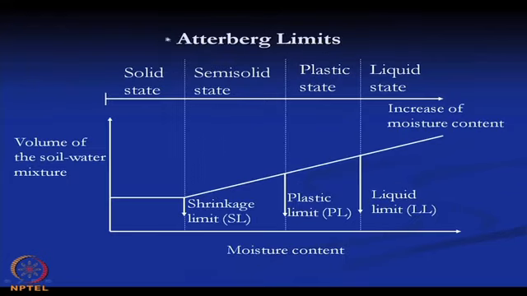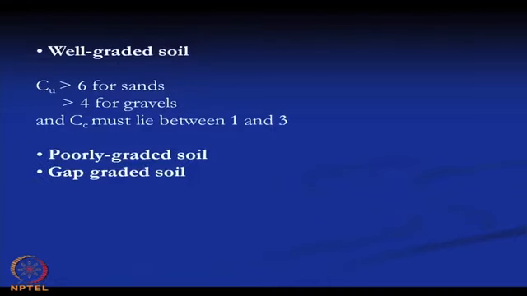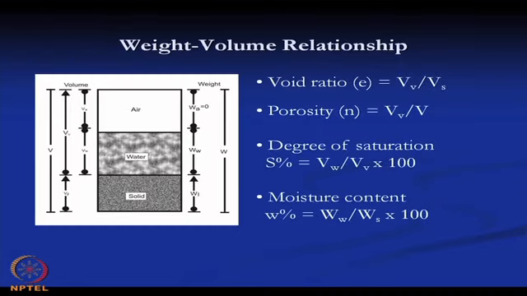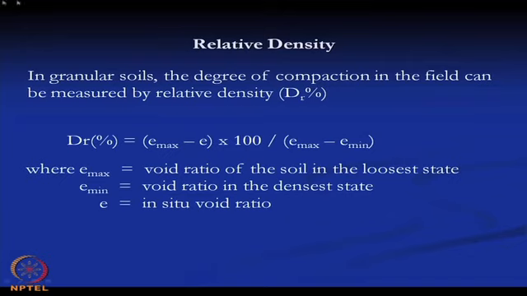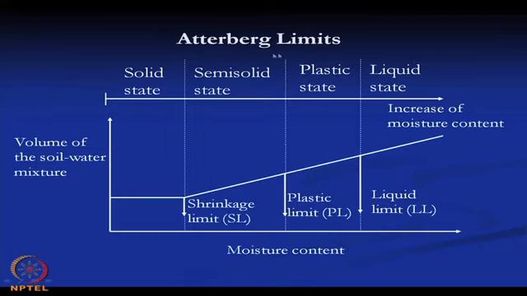Now, next important properties are the Atterberg limits. So, first we define what the Atterberg limits are. The previous properties that we have discussed, that is the well graded soil, poorly graded soil, gap graded soil, are basically properties for the coarse grained soil, mainly sand. And again relative density is also a very important property for the granular soil or the coarse grained soil. Similarly, the Atterberg limits are very important properties basically for the fine grained soil